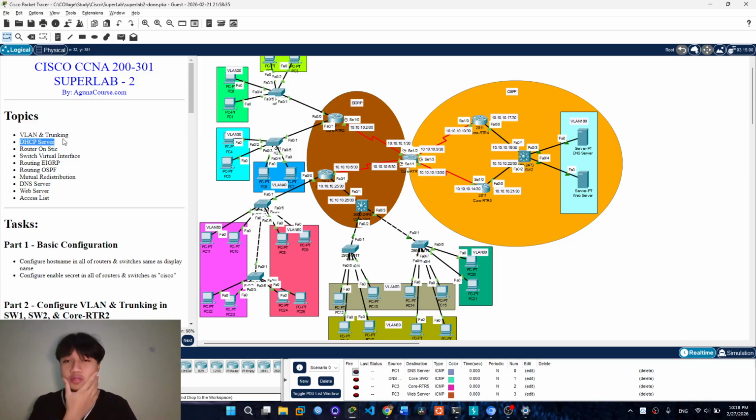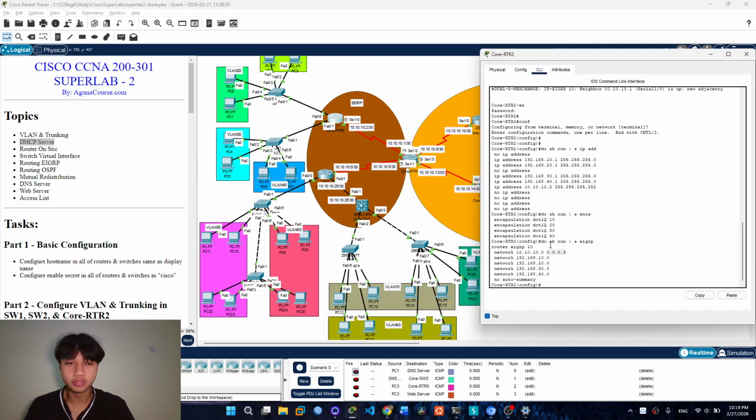Point two is DHCP server, which means we must configure the IP DHCP pool in all the routers and MLS. And the configuration is so simple.